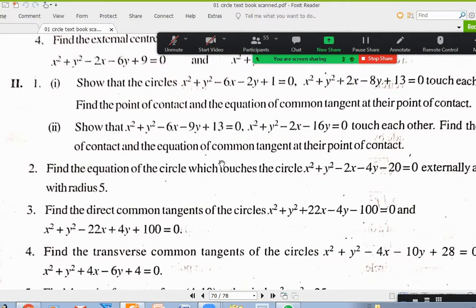Okay, section 2, first 3 questions. Anybody any doubt? No, sir. In some cases, one of the direct or transverse common tangents will be vertical, where the slope will not exist. We're supposed to get 2 m values, but we get only 1 m value. Any such question you came across? Whenever you are supposed to get 2 slopes, the number of tangents is 2. If you are getting only 1 slope, it means the other slope is infinite. It is a vertical tangent.